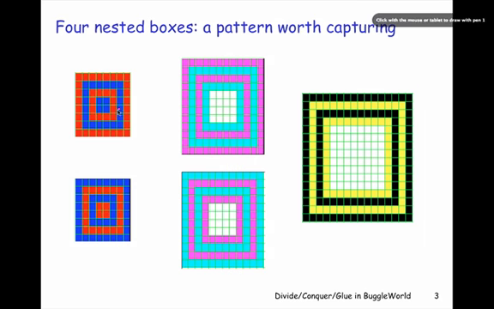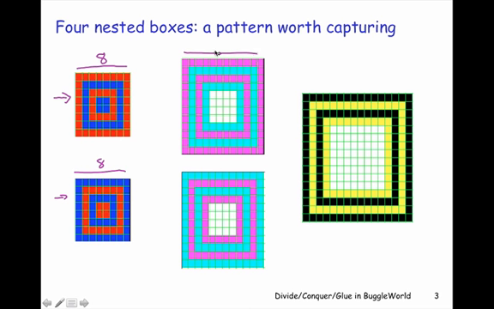For example, in each case, we have 4 nested boxes with alternating colors. So let's take this example here. What do we have? We have a side length of 8, and we have colors that alternate between red and blue. In this example, we also have a side length of 8 and colors that alternate between blue and red. In this example, we have a side length of 12, colors alternating between magenta and cyan. In this case, we also have a side length of 12, but alternating between cyan and magenta. And in this case, we have 4 nested boxes, starting with a side length 16 and alternating between black and